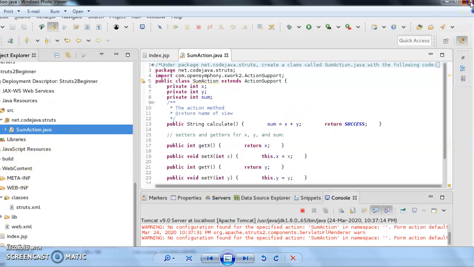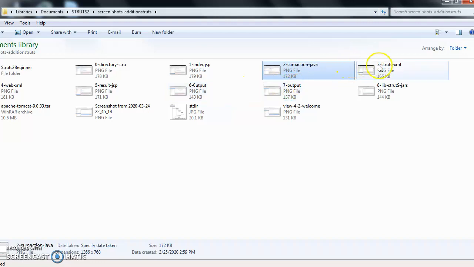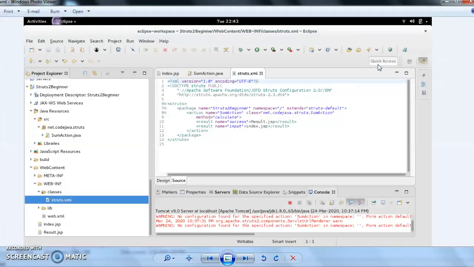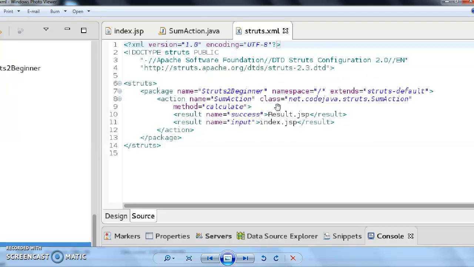Now the next important file is struts.xml. We have to make an entry of our controller in this struts.xml file. As you can see here, this is the struts.xml file, and we are going to make an entry of this SumAction class in it.